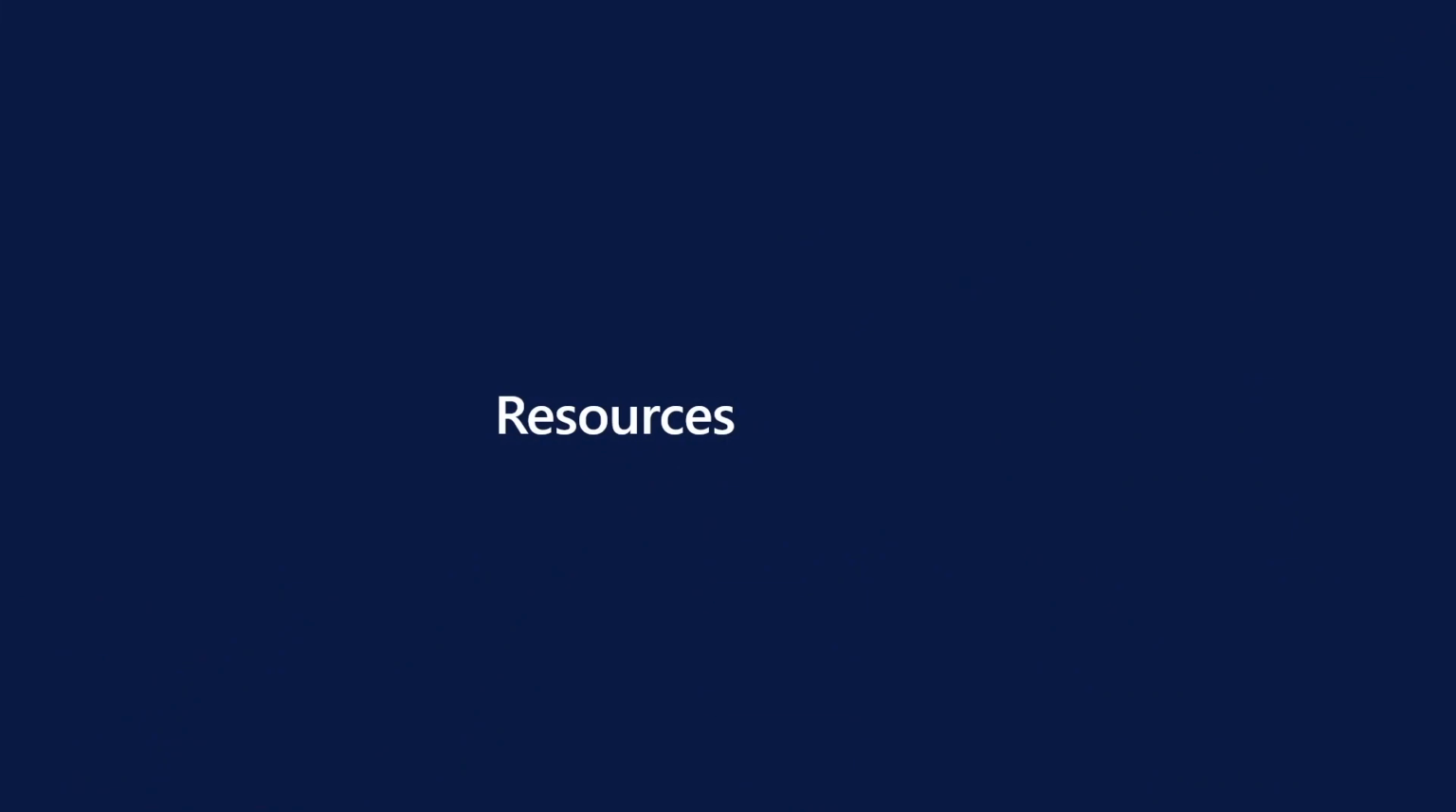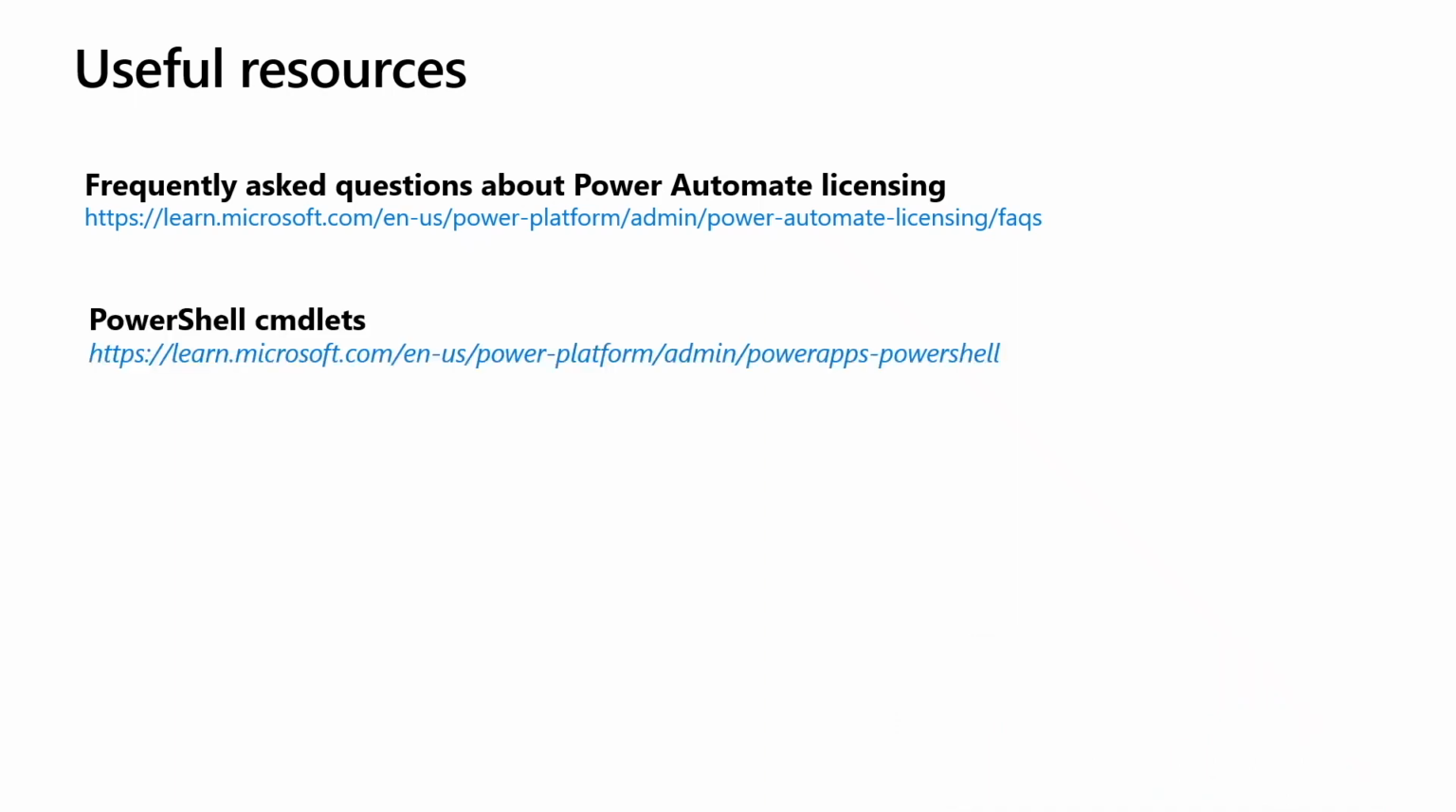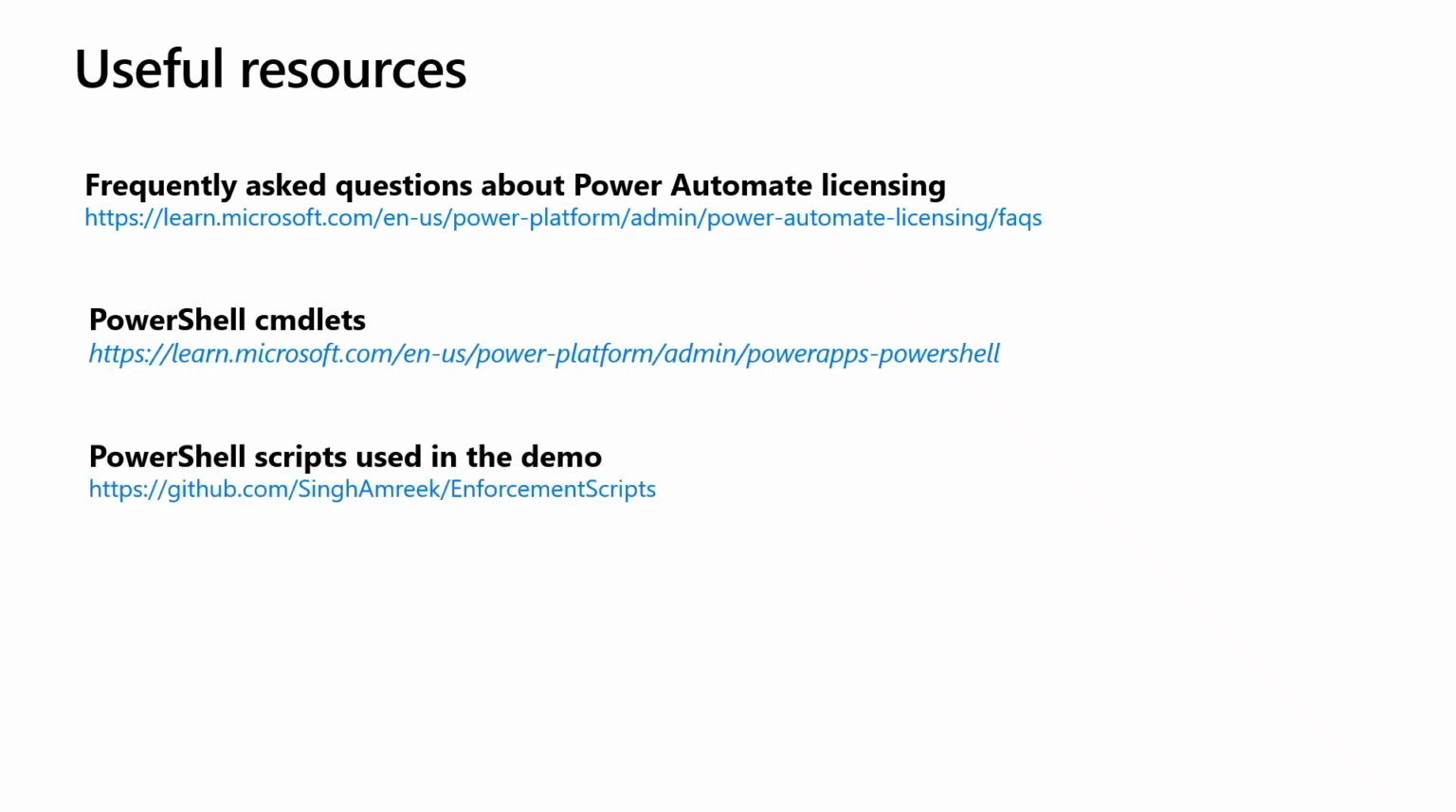The resources. Here are some useful resources. This one is one of the most important ones. It has all the latest and greatest information about licensing, enforcement, process, and the timelines. PowerShell cmdlets is a link to all the PowerShell commands related to Power Platform. The third one is the link to the PowerShell scripts I use in this